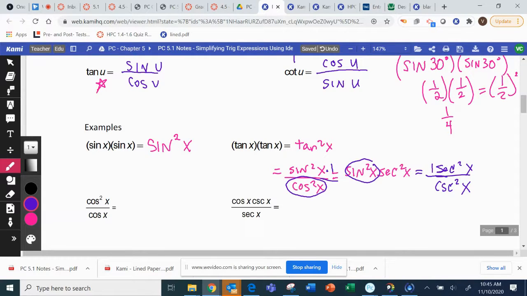Why would I want to do any of those? It depends on what we're trying to accomplish. I'm just showing you that I can. They're all equivalent. It just depends what I'm trying to do. All right, so the next one,